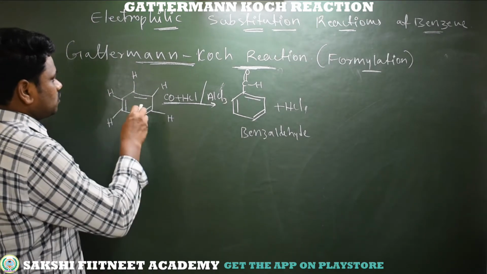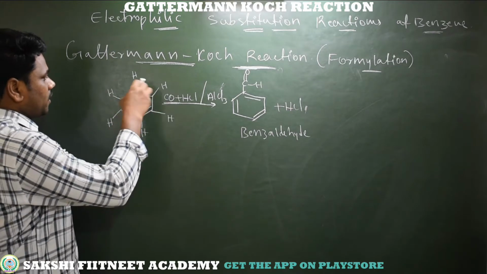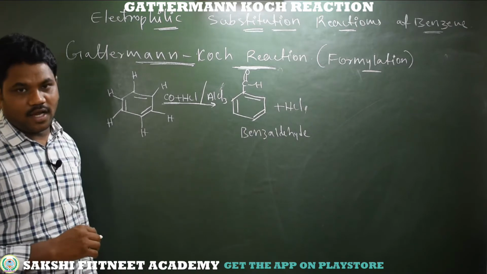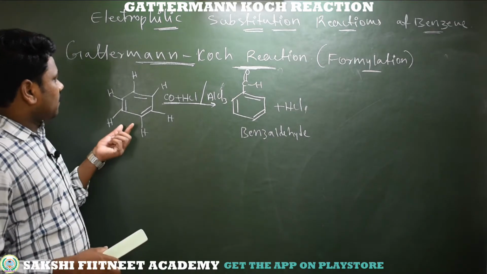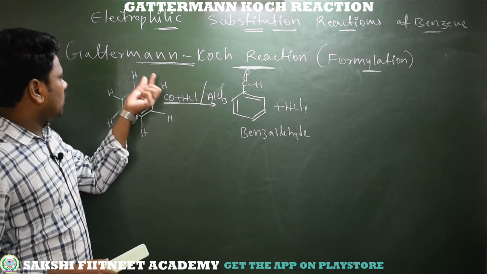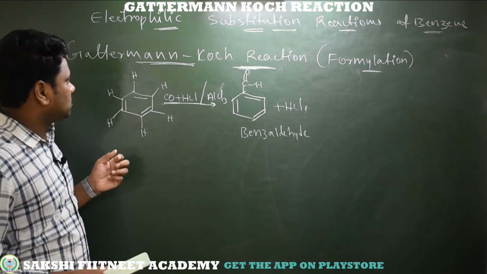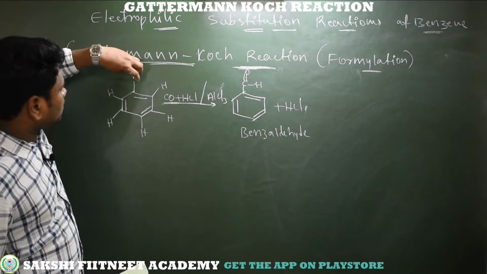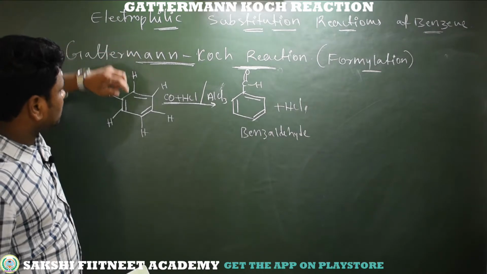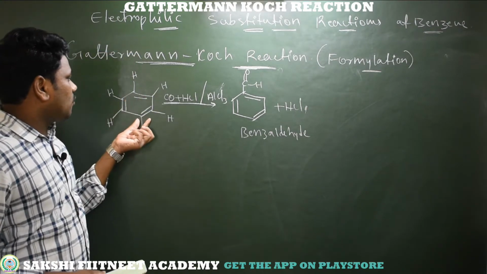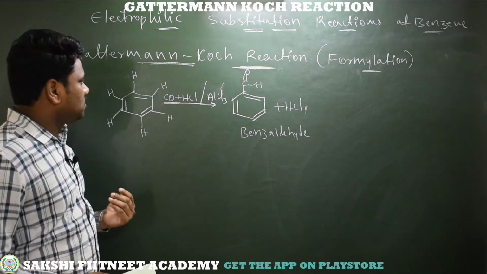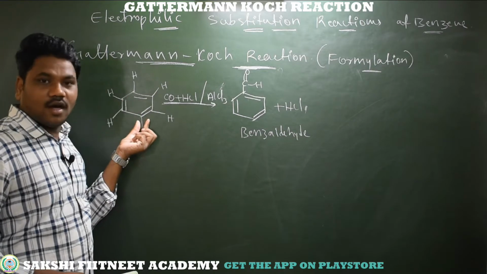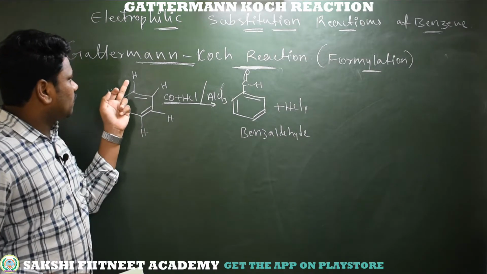And coming to that substitution position, that means selectivity of particular position. Here see, this is the benzene which has the absence of any substituent. So you can substitute the electrophile at any one of these hydrogens. If we have an electron donating group, then on the resonance, due to that particular directional resonance, the ortho para positions become electron rich. Then when we are taking the electrophile, that electrophile is going to attack at ortho para. That is in the presence of electron donating group.